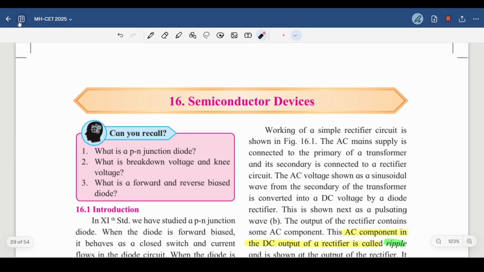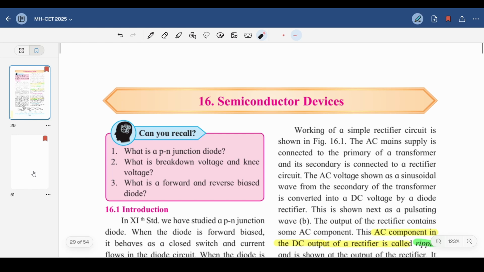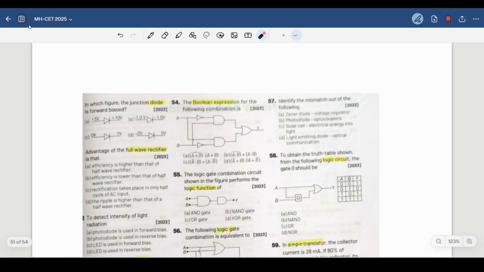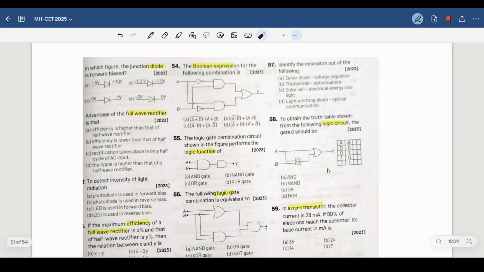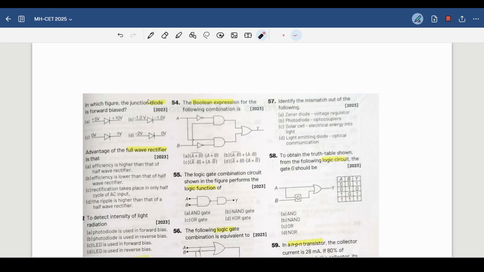So before we get into this and look into the textbook, I want to first share with you the previous year questions from the semiconductors chapter, right? Okay. So as you can see, these are the different questions from the chapter semiconductor devices. The first thing that you have to do whenever you're looking at the previous year questions is highlight the topics which have been asked, right?